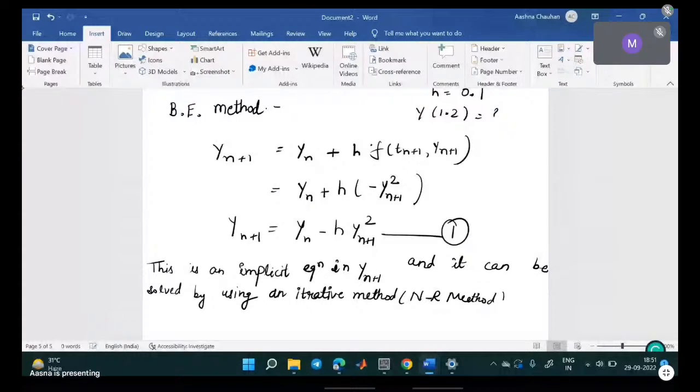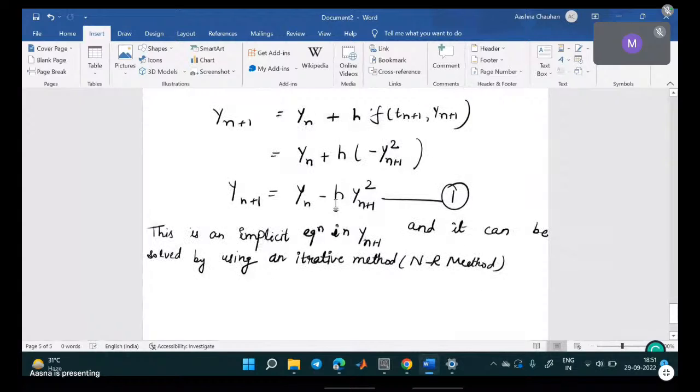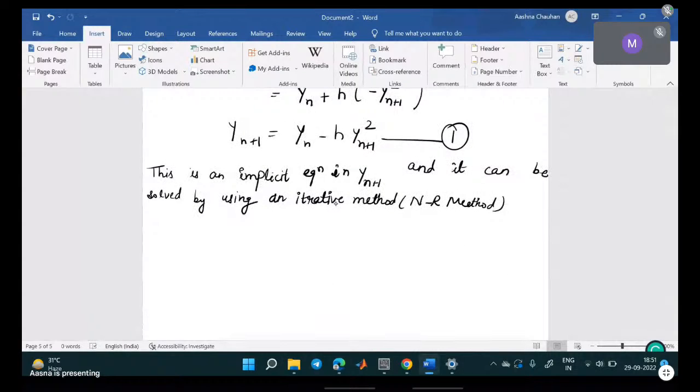Okay. Newton-Raphson method की help से we will try to find out the value of y for the first iteration. देखते हैं कैसे करेंगे इसको. So let us write